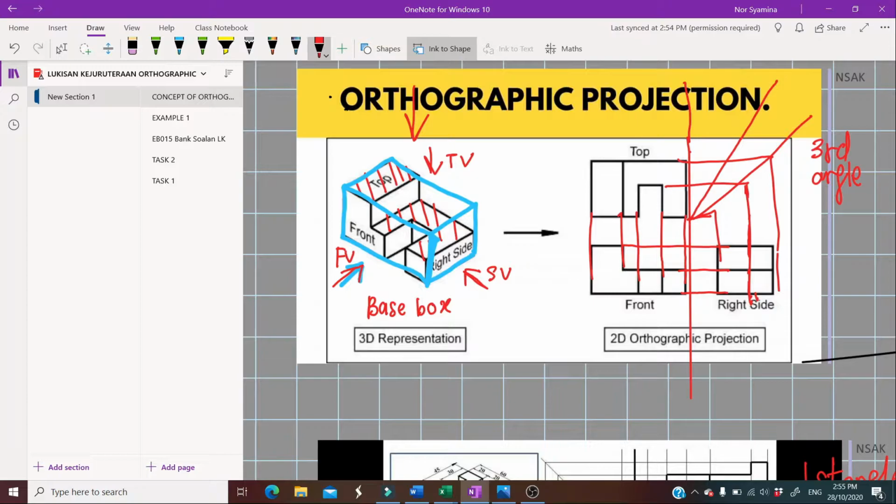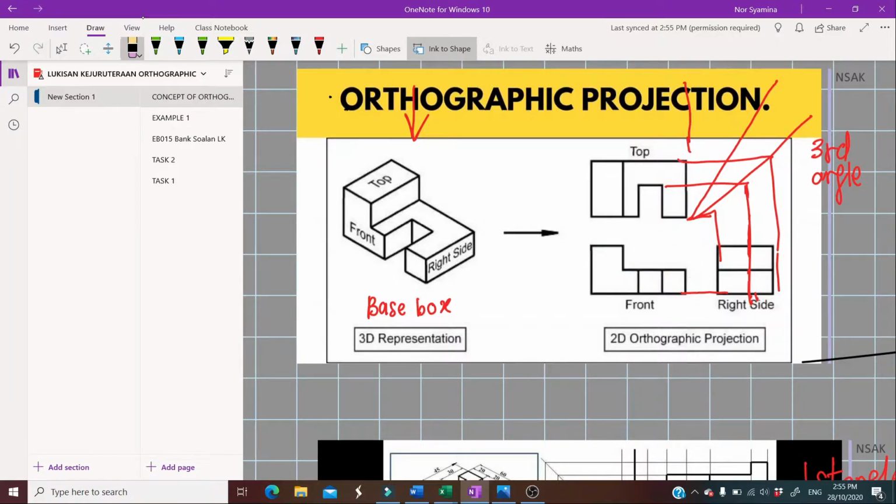I'm going to use the same question and show you. Instead of using the base box, let's see if we can annotate each side. Annotating each side would also need the base box, because it will exactly show us how we're going to represent our answer in the